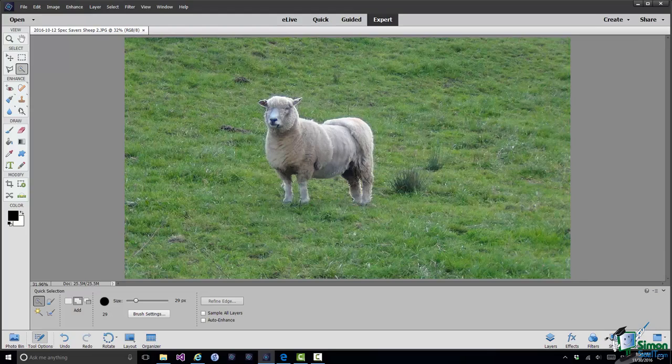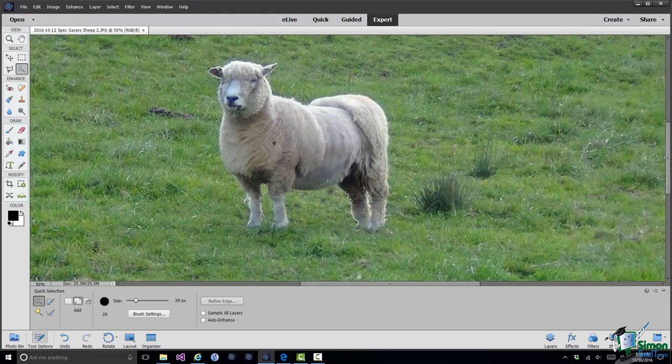I'm going to zoom in as usual first. And when you are using the quick selection tool, your basic choice is to use a big brush, which will help you to do the job quickly, or a small brush, which will help you to do it accurately. So what I will often do is use a fairly big brush to begin with. So I might, for instance, even use, say, well, what about a 40 pixel brush? And then, having selected the quick selection tool, click, move around a little bit, let PSE make its selections,